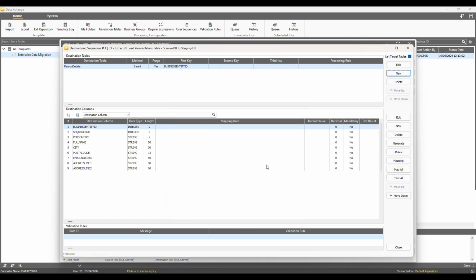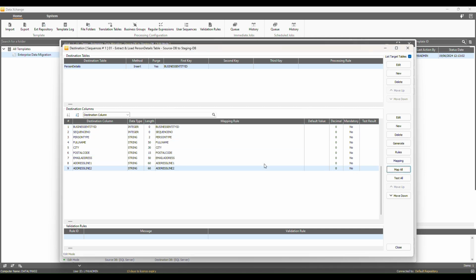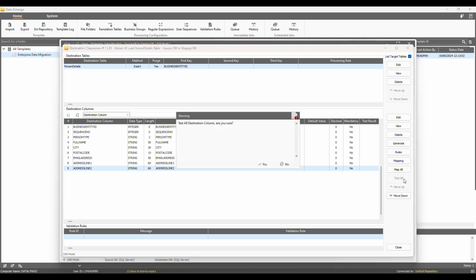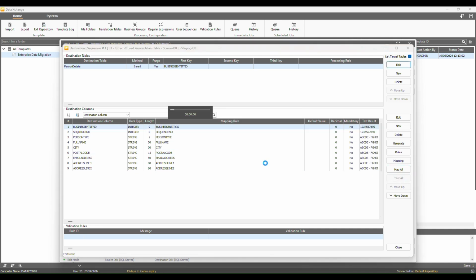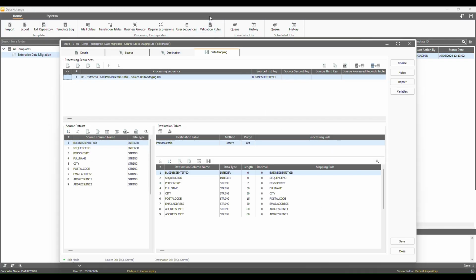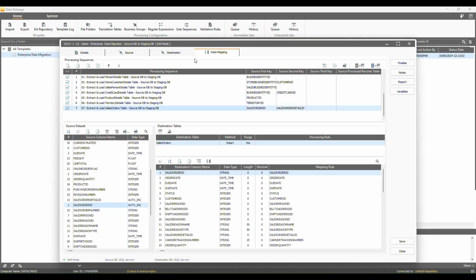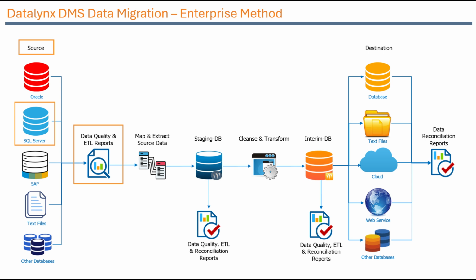Click on the Map All button on the right to map all the destination columns. Additionally, click on Test All button to view the test results of the mapping. Repeat this process to add the other 6 sequences for the remaining mapping sheets, such as Store Customer Details, Salesperson Details, and so on. Now, let's connect to the AdventureWorks database using DMS Data Explorer and register 17 tables as